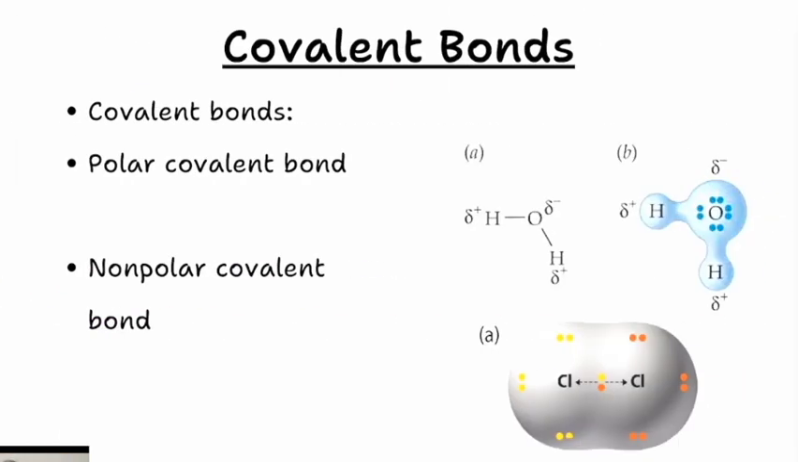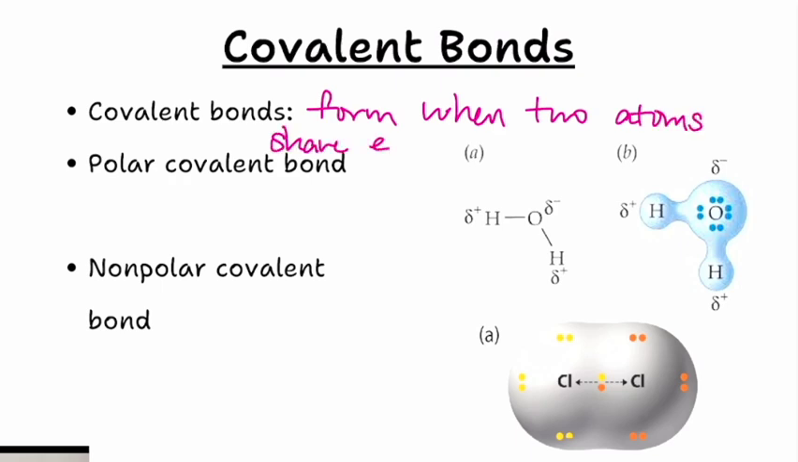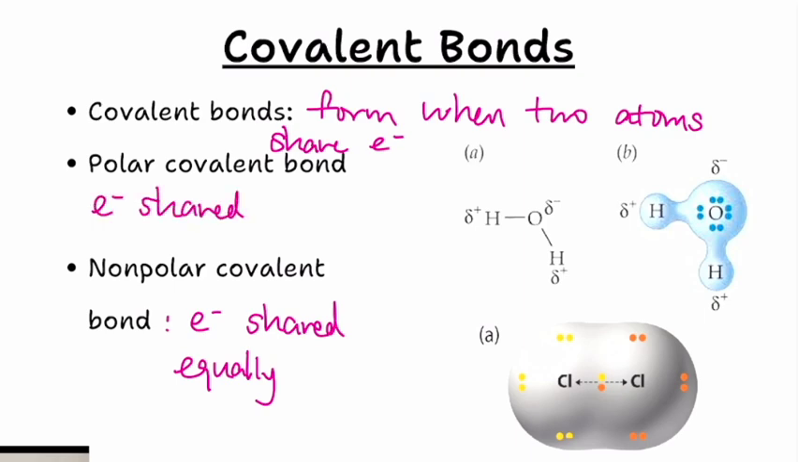Next is the covalent bond. Covalent bonds form when two atoms share electrons rather than when there is a transfer of electrons. And as I stated before, there are two types of covalent bonds. One is polar, the other one is nonpolar. A nonpolar covalent bond forms when the electrons are shared equally between two atoms, and a polar covalent bond forms when electrons are shared unequally